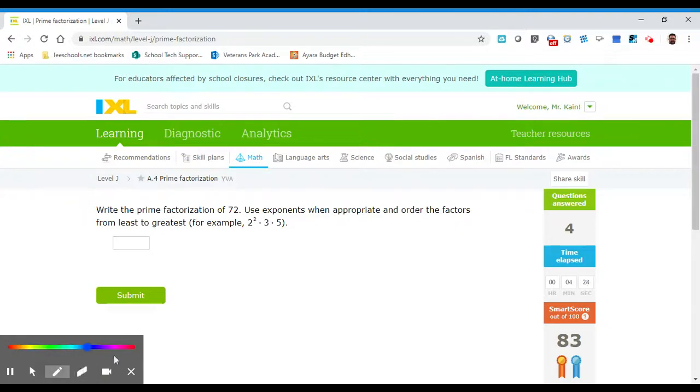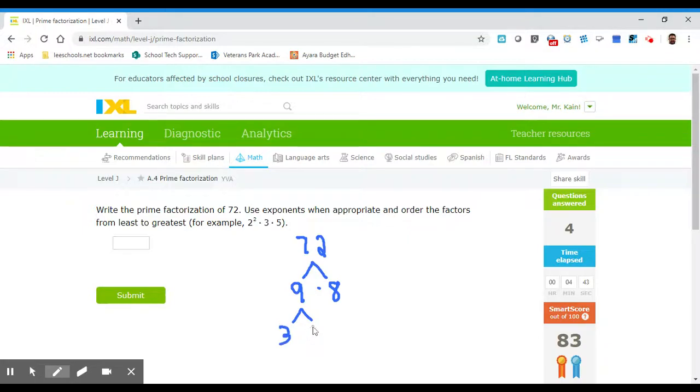Okay, we'll do the next level, 72. So I know that 9 times 8 is 72. I know that 3 times 3 is 9, and 3 is a prime number, so I circle it. I know that 4 times 2 is 8. 2 is prime, so I circle it. And I know that 2 and 2 give me 4, and these are prime numbers. So your prime factorization is 2 times 2, which is 3 2's,